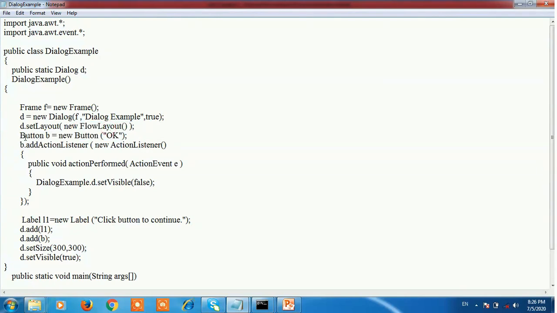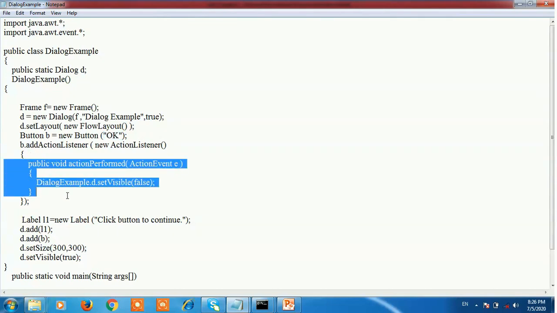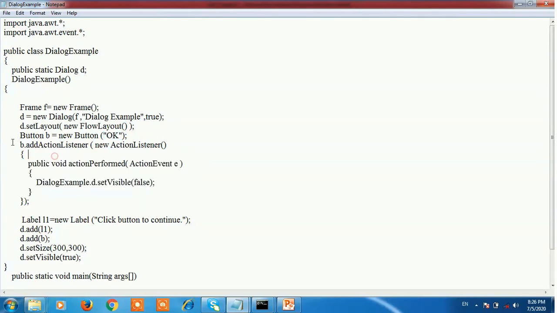After that, create a button, B is equal to new Button, and the string is OK. It is nothing but the name of the button. After that, here we use the action listener event. So when you click on the OK button, this method is executed. Here we use add action listener,